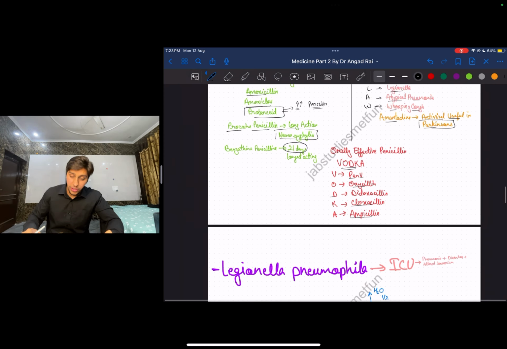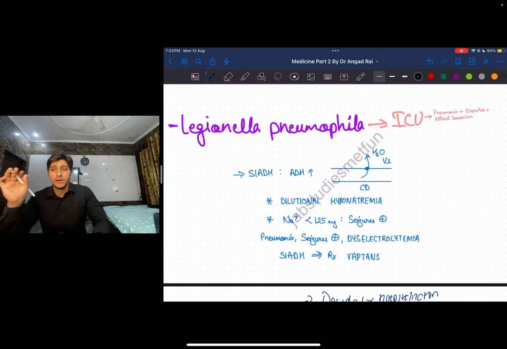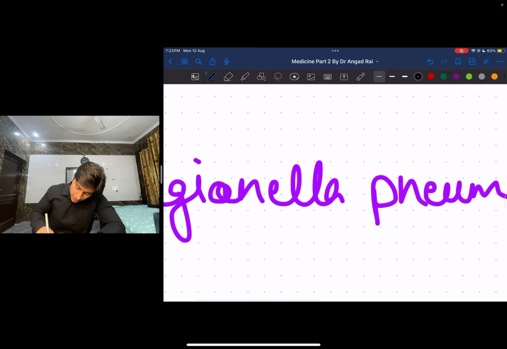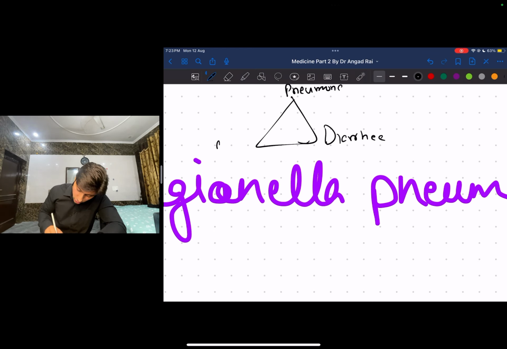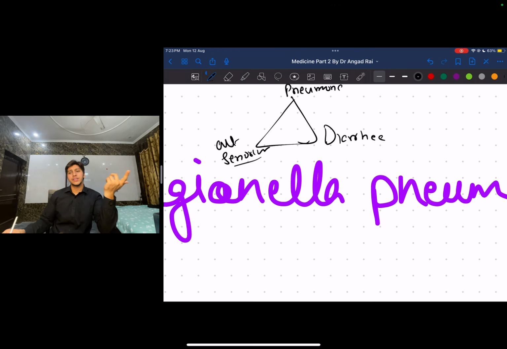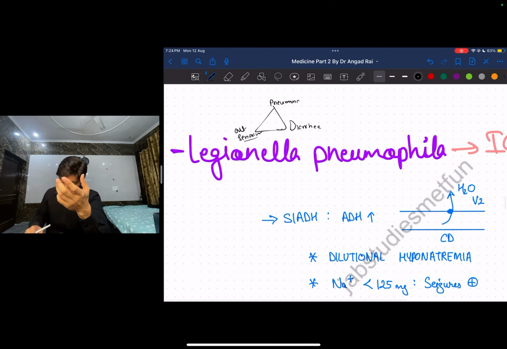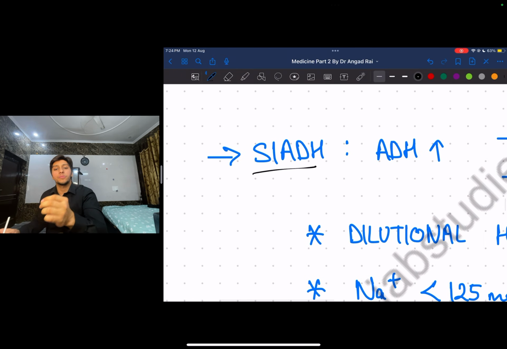Next, guys, as I was telling you, I will give a detailed explanation with respect to Legionella pneumonia. Legionella pneumonia, as I told you, is seen as an atypical pneumonia. Now, we talked about the triad, guys. The triad is a patient who comes with a history of pneumonia, who also has diarrhea, and who also has altered sensorium. Okay, pneumonia, we understand infection, diarrhea, we understand infection, but why altered sensorium? Guys, this Legionella species, especially Legionella pneumonia, causes an effect of SIADH, syndrome of inappropriate antidiuretic